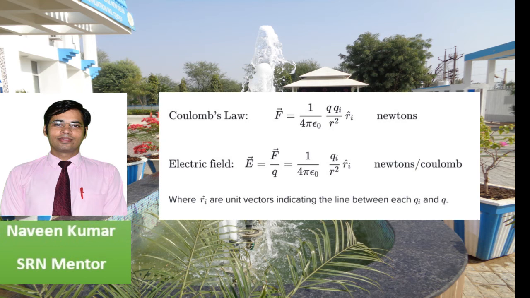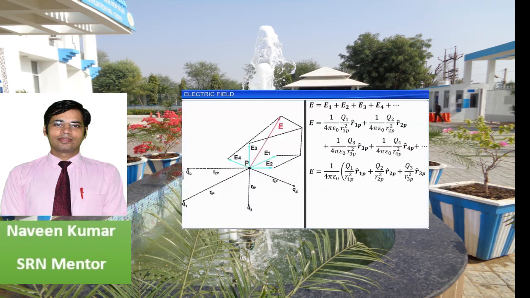Now the next thing is electric field due to a system of charges. We can quickly find the net or resultant electric field due to more than one point charge. If we have placed a positive test charge q naught near n point charges q1, q2, q3 till qn, then from the equation of electric field, the net force F naught from the n point charges acting on the test charge is F naught equals F01 plus F02 plus F03 and so on till F0n.